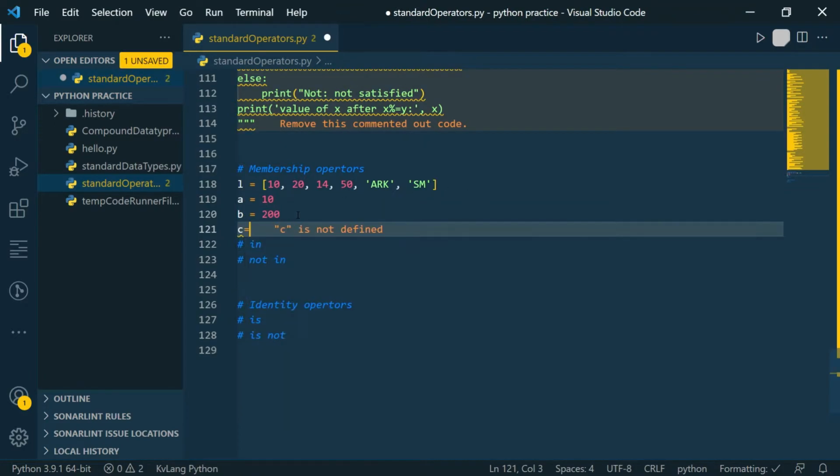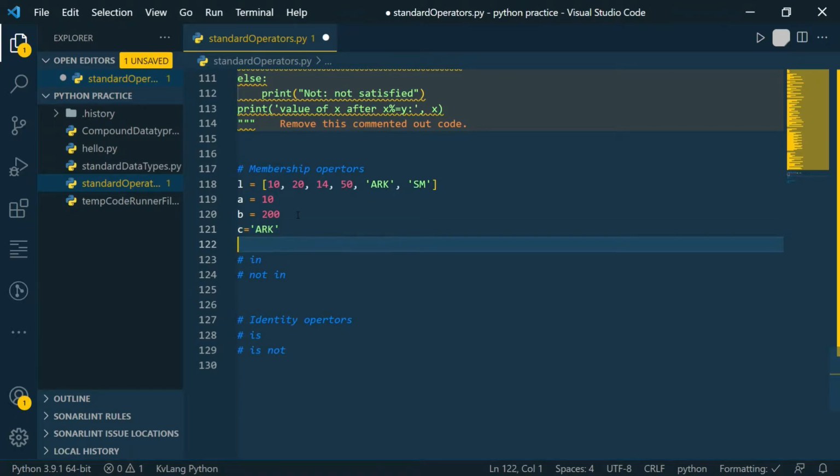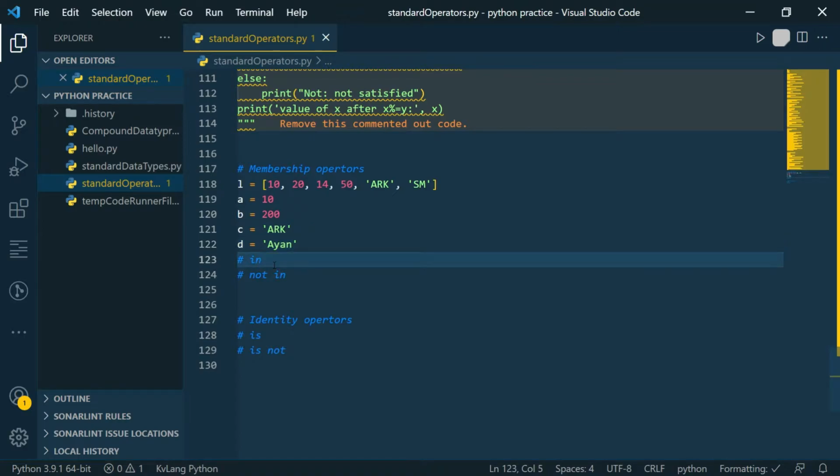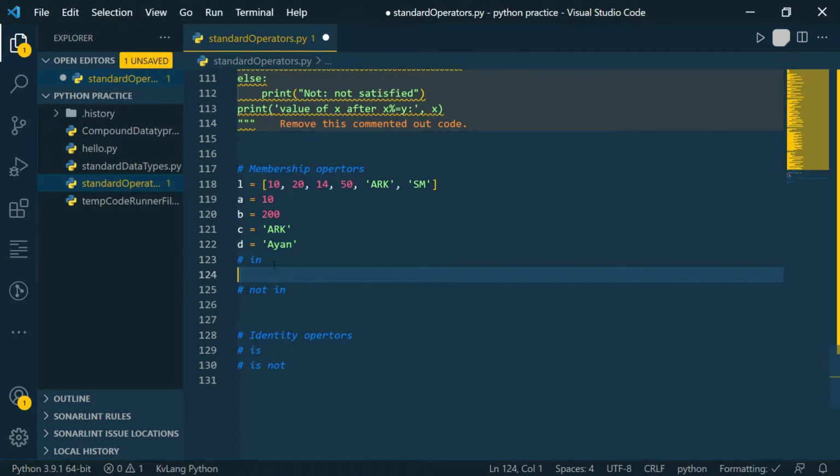And let's create a string ARK. And let's create another string which is not present in the list, like Ayan, just for an example. So we have already seen the basic working of if.